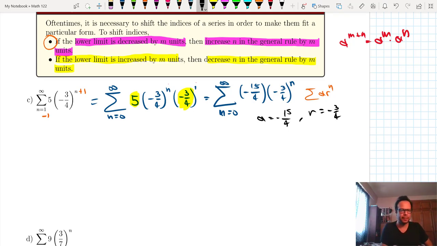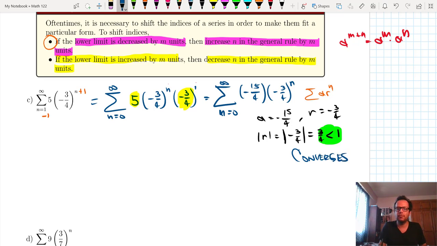So by the geometric series test, we take the absolute value of R, which is the absolute value of negative 3/4, which in this case becomes positive 3/4. And in this case, this is a number less than 1, so the series will converge. Okay, so the series converges, and in this case, it is possible to find the infinite sum, which will